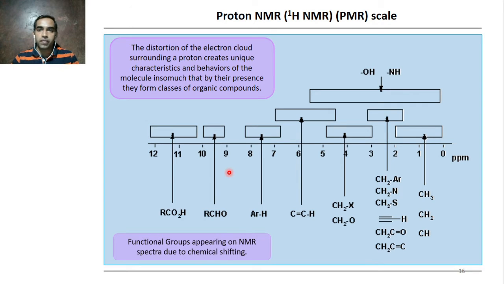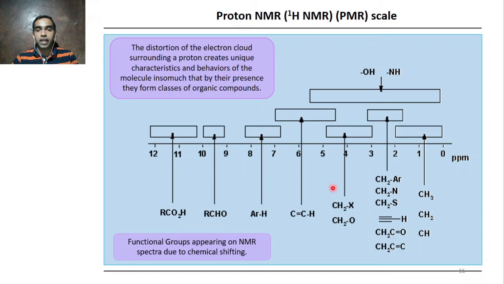So if you haven't seen it earlier, this is the scale of proton NMR. Please remember this, it is very important, because you have to remember which proton comes at what position. So these are delta ppm, that is chemical shift, on this axis, and this is the intensity. You will get different peaks. Notice this: benzoic acid or any acid proton will come around 11, aldehyde proton comes at 9.2, 9.3 up to 10,